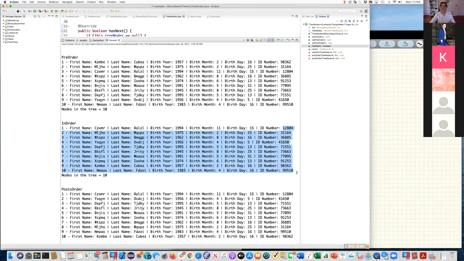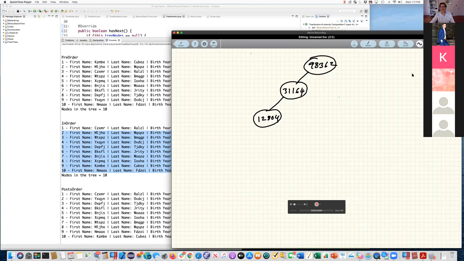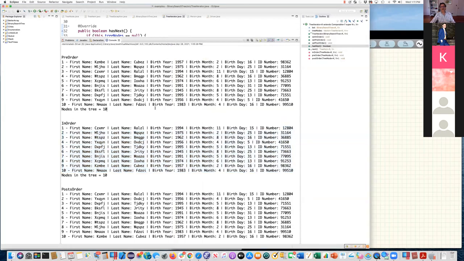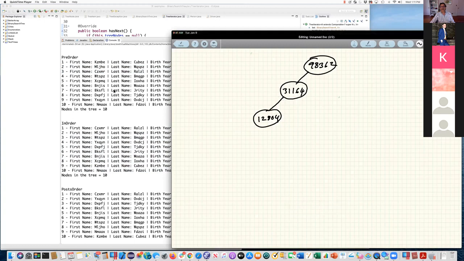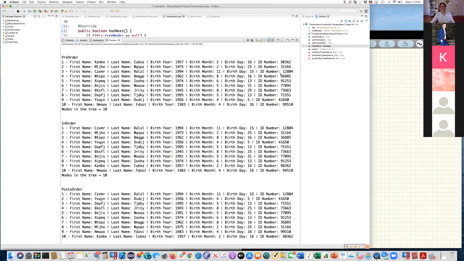Then the next one is a key that has yes. Are you writing? Because we're not seeing. Yeah, there you go. Thank you. So that's what this tree looks like so far. 12,685, 12,804, because we've covered the first three keys in here in the pre-order traversal. And then I have 36,885.